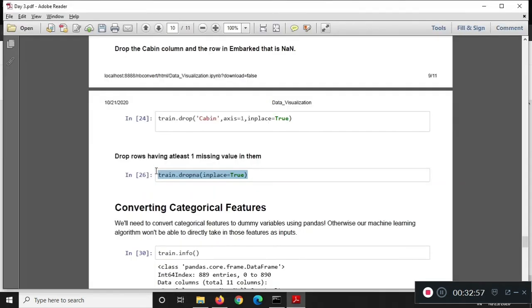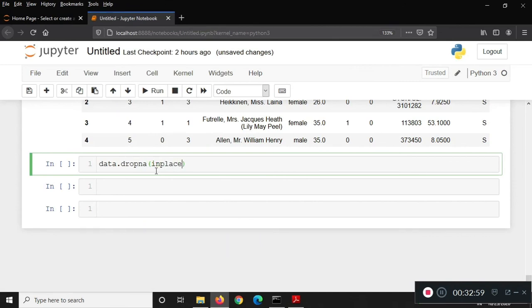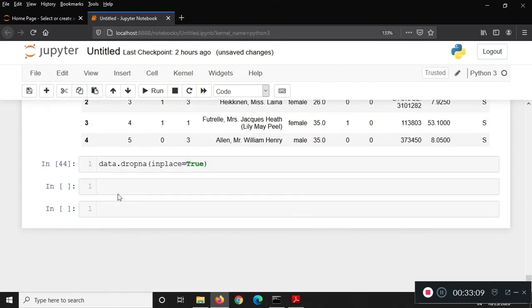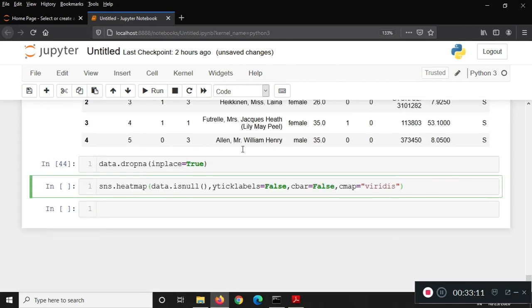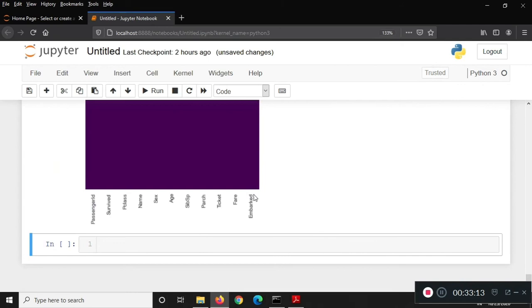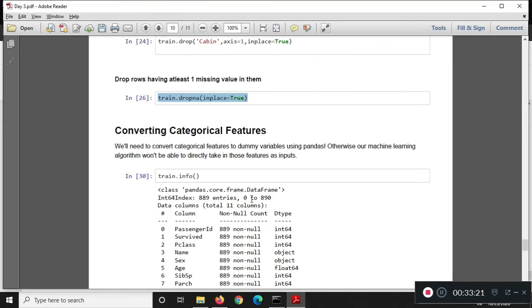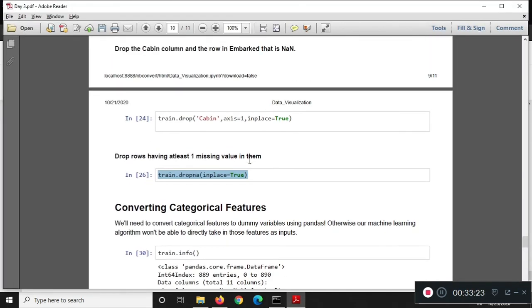So we want to drop that, and we want to drop permanently, that is true. So let's check the heat map again. So let's copy this code. So now there are no more missing values in our data, and now congratulations, you have cleaned your data set,